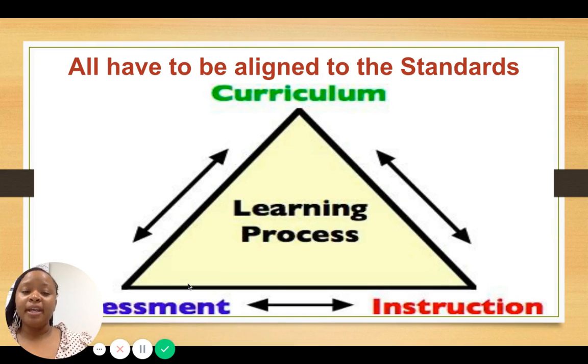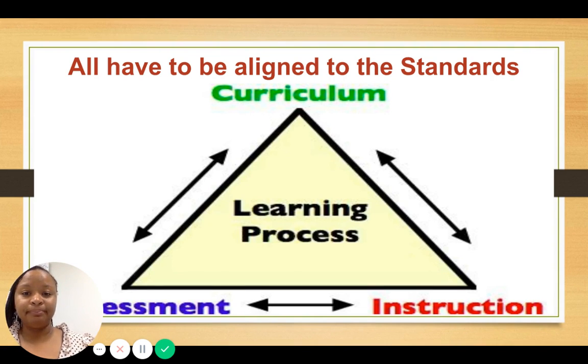Once everything is said and done, everything has to be working in alignment with each other. If anyone's off doing their own thing and is not aligned, chaos ensues. And this is a lot of times how students do not learn exactly what it is that they're supposed to learn, and they're not successful on their assessments. So we have to make sure our curriculum, our assessment, and our instruction, all of these things contribute to the